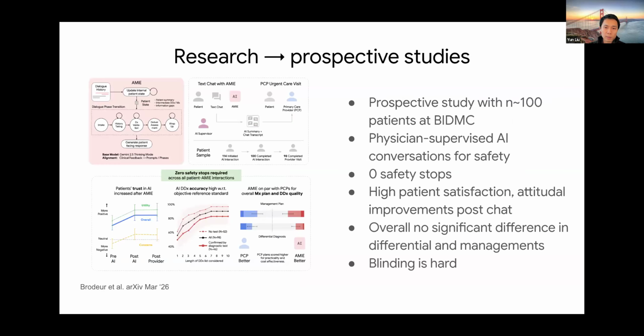Okay, so how do we think about impact in this space? At this stage, a lot of the impact is really to do the research studies and share the knowledge with the world, and to progressively move from retrospective and simulation-based studies towards real people and then real patients eventually. One of the first things we did, and we just released this preprint a couple of weeks ago, was a collaboration with Beth Israel Hospital in Boston. This involved about 100 patients for a feasibility study to understand if it's safe to use such an AI system for real patients.